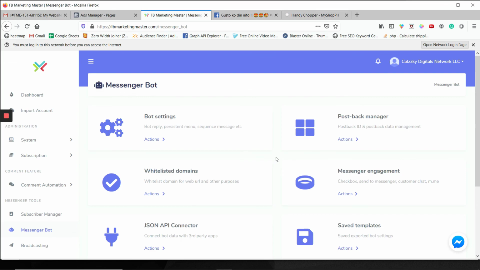strategically create a tag for a specific user so that you can segment your campaign, your conversation broadcast